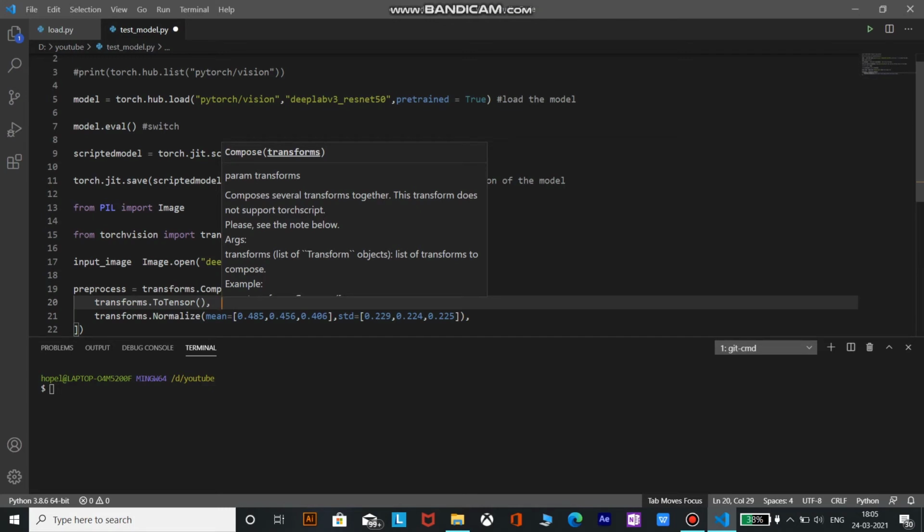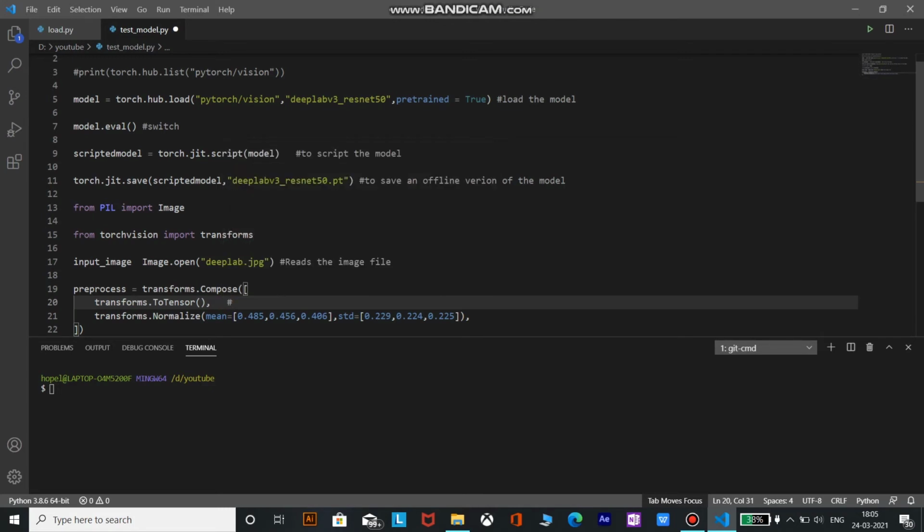So as I said, ToTensor converts a PIL image or NumPy array to tensor, and Normalize is used to normalize the input image that we read.